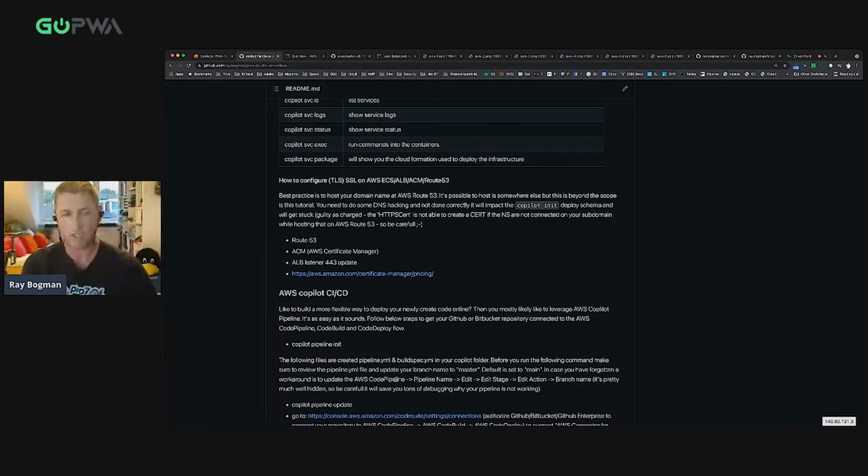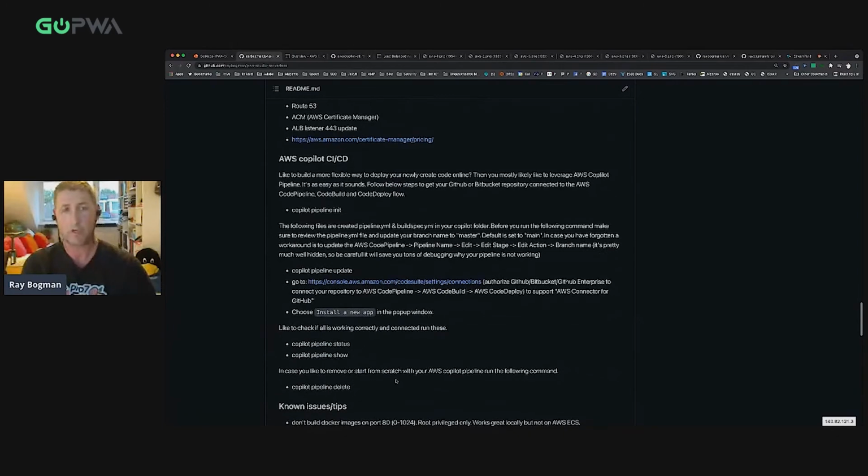So from a CI/CD perspective, the only thing that we need to do, once of course created with Copilot, is that we also need to run the Copilot pipeline init functionality, and that automatically creates the functions within AWS to run the necessary pipeline specifications, and connect this not only to GitHub, Bitbucket, but also GitHub Enterprise.